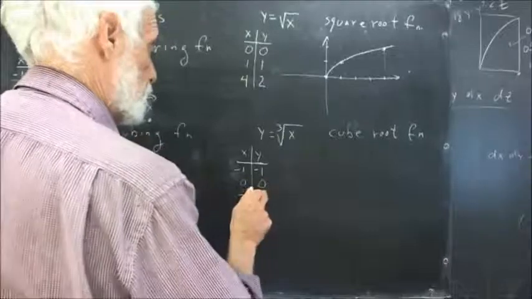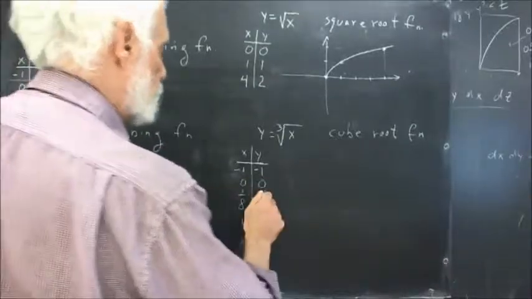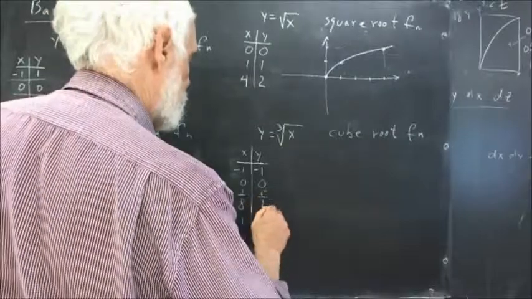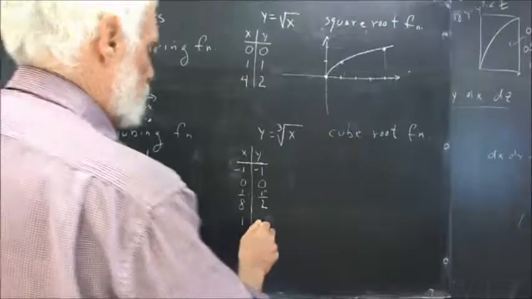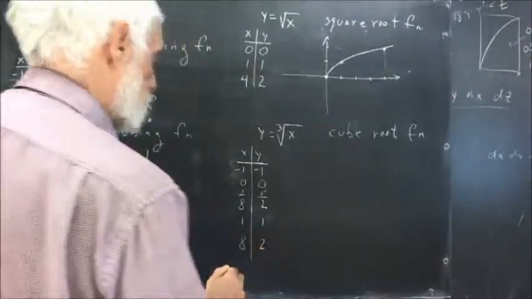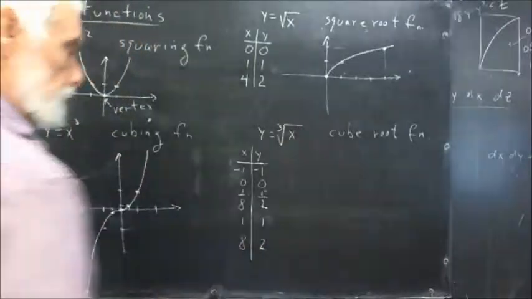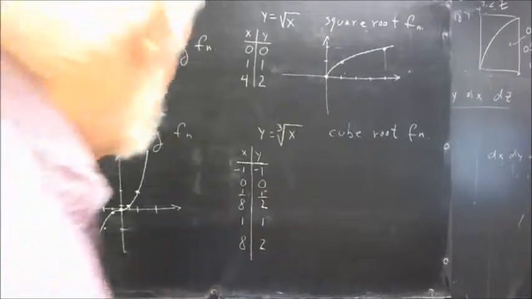Cube root of 0 is 0 because the cube of 0 is 0. The cube root of 1/8 is 1/2 because the cube of 1/2 is 1/8. The cube root of 1 is 1. The cube root of 8 is 2. Again, because the cube of 2 is 8. That's the meaning of the cube root operation. If we graph this function,